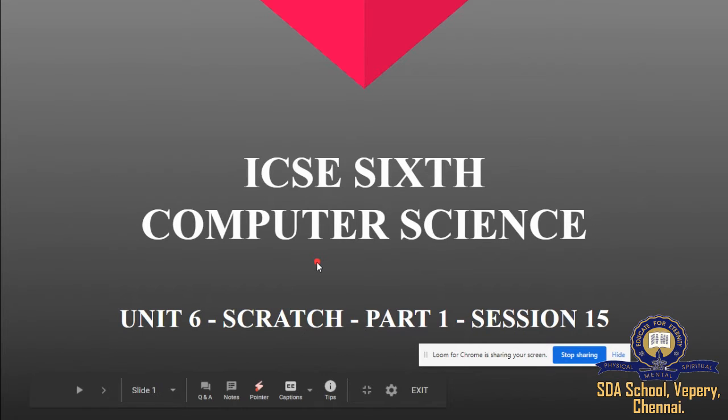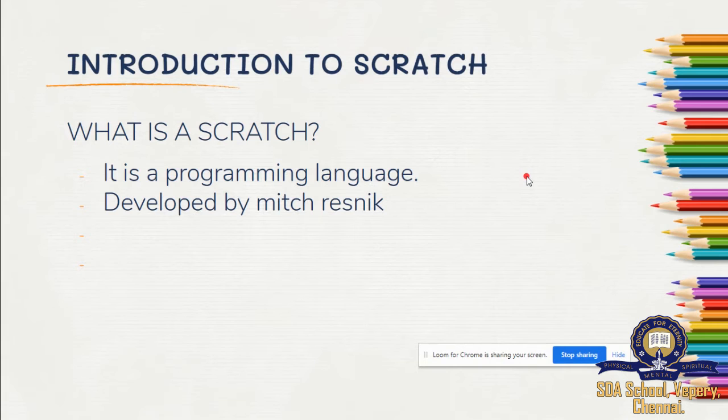So today we are going to start a new lesson, Scratch. This is a very interesting topic. Other than what I teach, if you go to the website, you can learn and explore a lot of things in Scratch. Every day you play on your mobile, right?